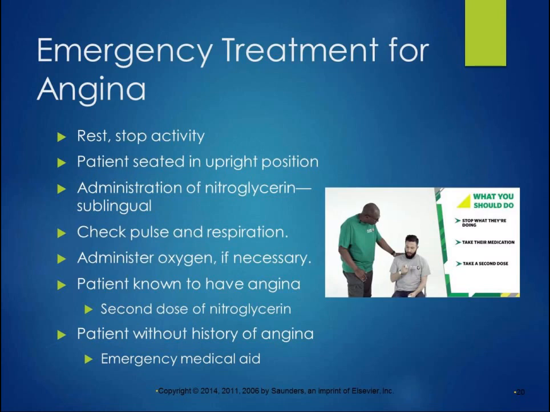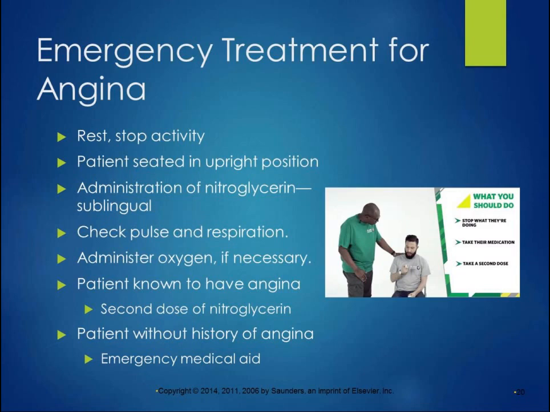If the person is known to have angina and they have nitroglycerin on them, we, of course, do not administer medications, but you can ask your patient, do you have your nitroglycerin with you? And they say, yes, it's in my purse. And you go grab it for them, and then they administer it, put it under their tongue. We can monitor their vitals, check their pulse and respiration. We can administer oxygen if necessary. If it still hasn't gone away and they have their nitroglycerin with them, they can take a second dose of